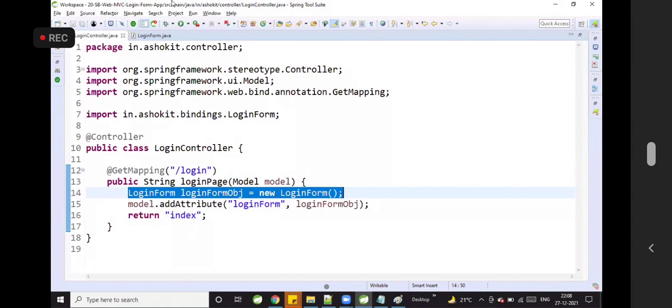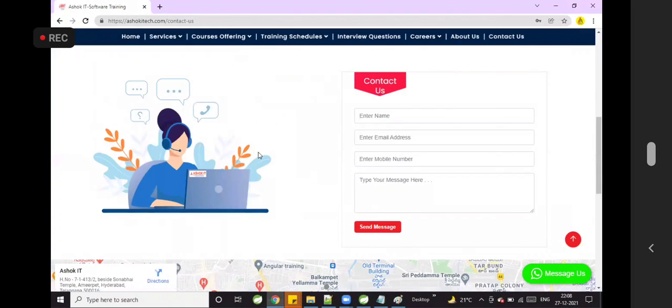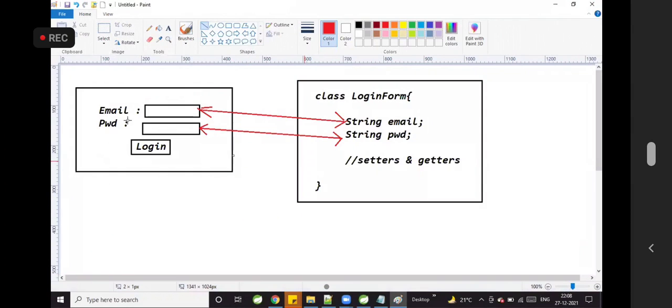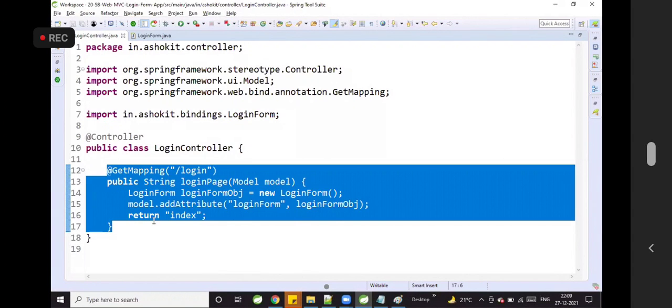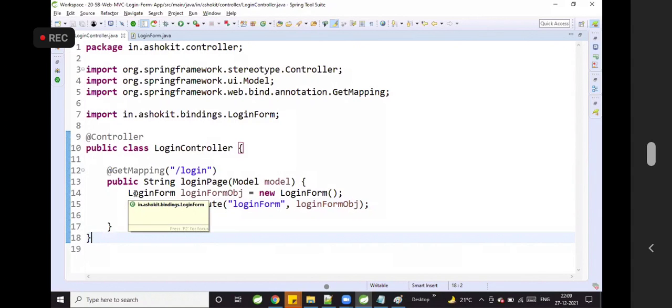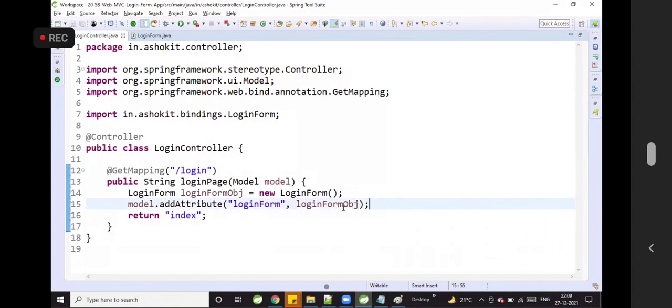Are you guys able to follow me? Now, why am I setting empty object? I want to display login form empty, or I want to display login form with data. Generally, when you go for login, the form will display with empty fields. That is the reason in the login form I'm setting empty object. That means my object doesn't have data, fields will be empty.